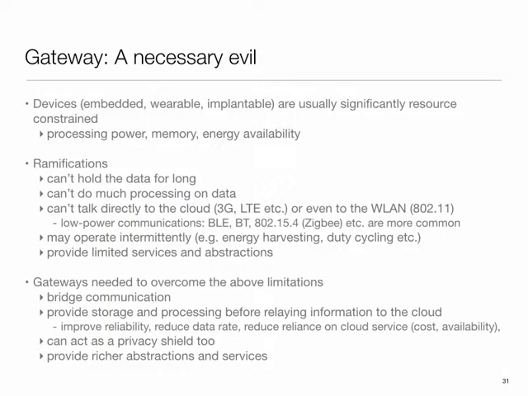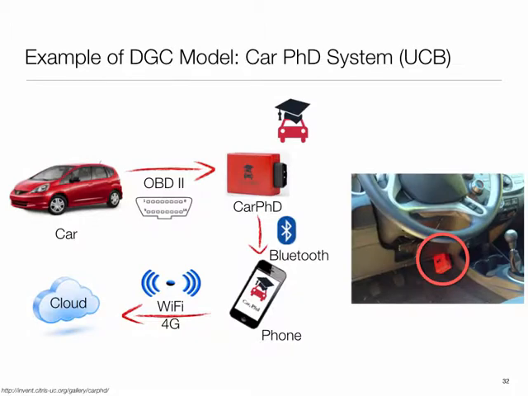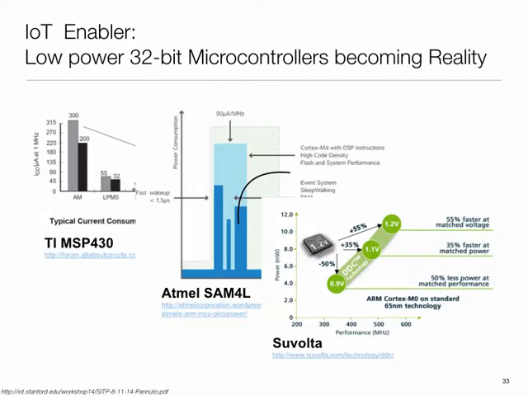So the gateway is something which will probably be with us because the dynamic range of technology is just way too much. On one hand, in the cloud, we are doing things which are potentially operating on terabytes and petabytes of data, operating at multiple gigahertz and burning hundreds of watts. And on the other hand, we are dealing with stuff which has to be in microwatts and milliwatts, and spanning that dynamic range in one go is usually very hard. So this gateway becomes an intermediate step. So many systems look like this.